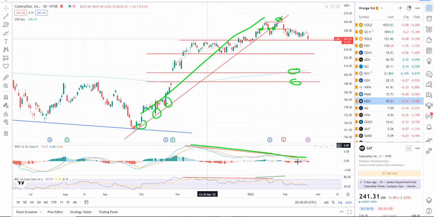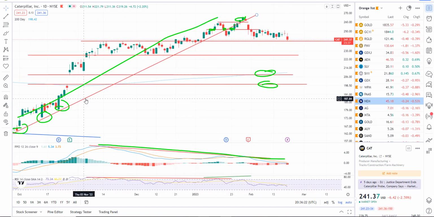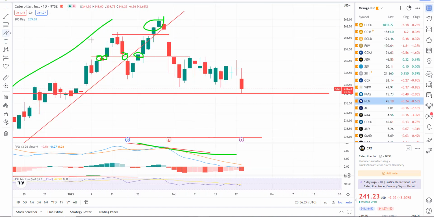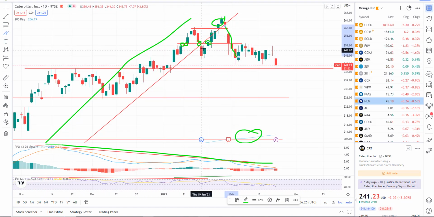CAT, negative divergence on the daily chart. Uptrend line has been broken. There it is, been broken. We've been drifting lower. All right, we had an original sell signal and then back test, breakdown, just drifting lower. All right, next level of support is about here,